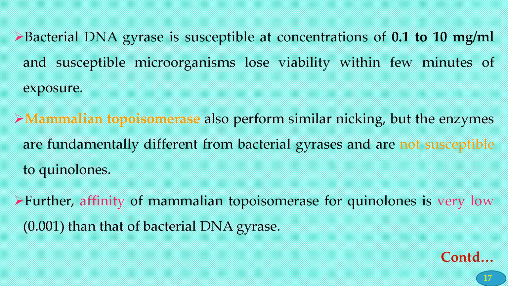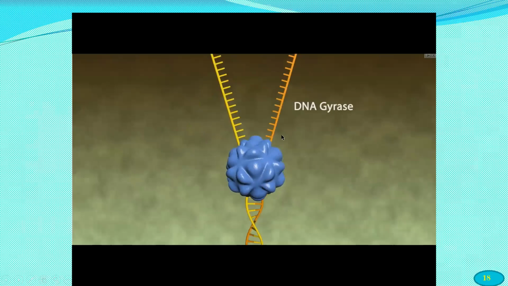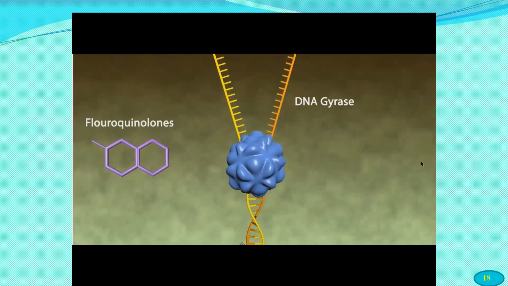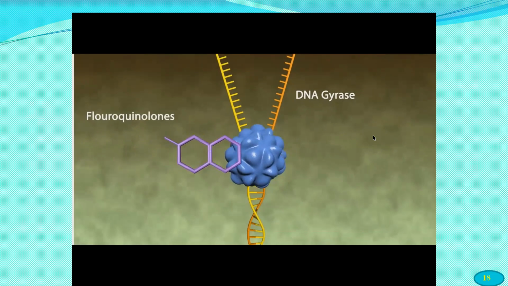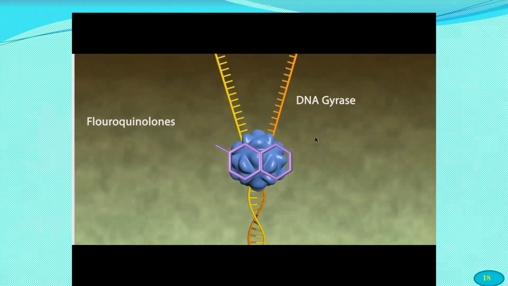And this is the mechanism of action in short, especially of the fluoroquinolones. Here there is a DNA gyrase enzyme, and this is the fluoroquinolone. What happens whenever a fluoroquinolone comes and binds with the DNA gyrase enzyme, then the supercoiling or coiling of the DNA, which needs to be supercoiled, you can see here that it needs to be